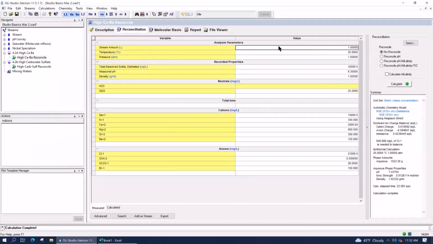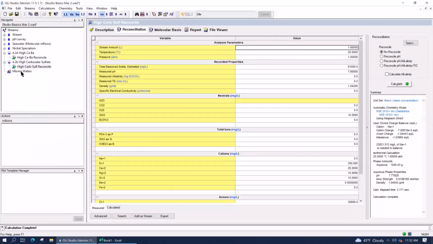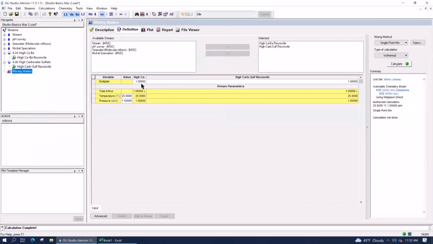So this 1 liter and this 1 liter are essentially what these two values are. Same with the temperature and pressure. The software pulls the inflows, the temperature and pressure of the stream into this mixer. So we know what the starting volumes are and the starting conditions are.